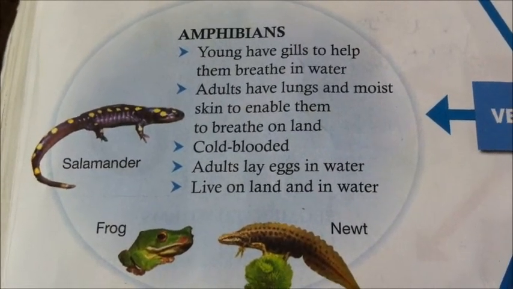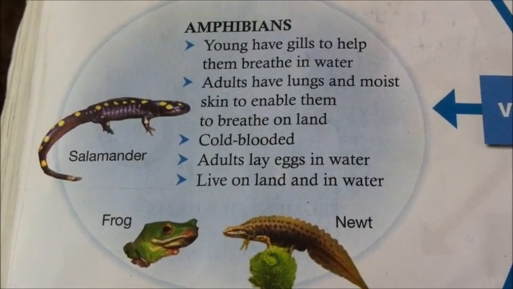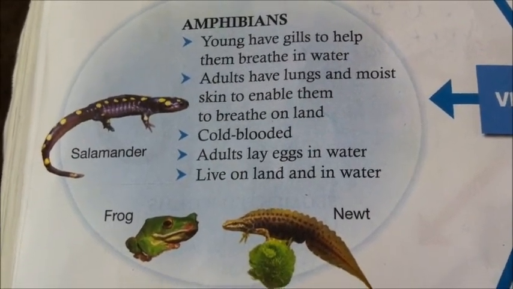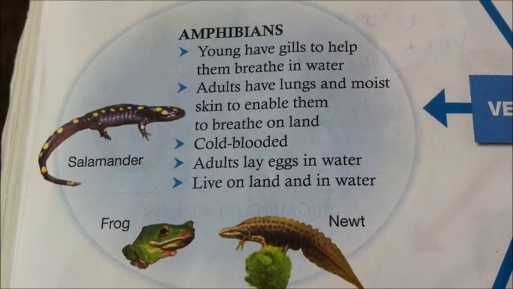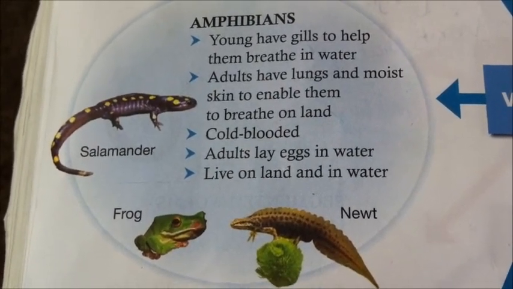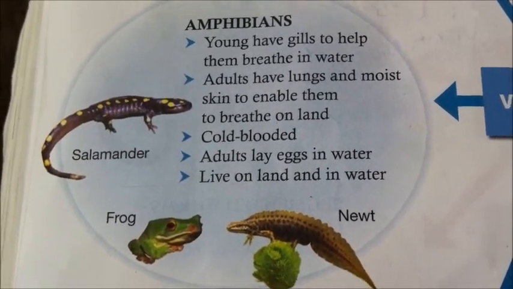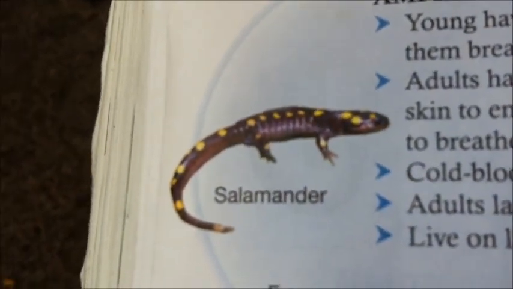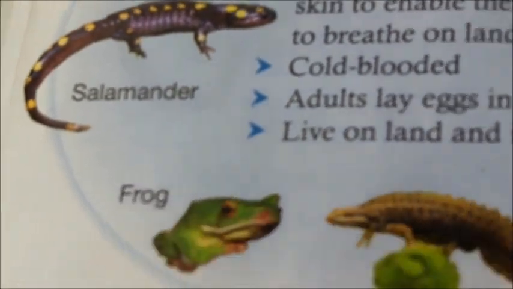Amphibians: young have gills to help them breathe in water. Adults have lungs and moist skin to enable them to breathe on land. Cold-blooded, adults lay eggs in water, live on land and in water. Some examples of amphibians are salamander, frog,